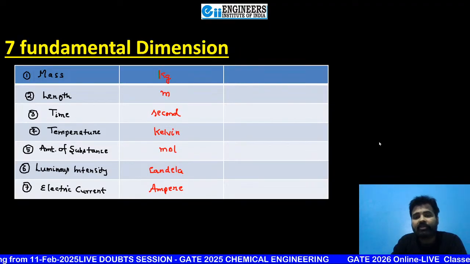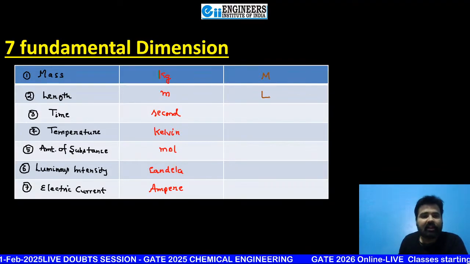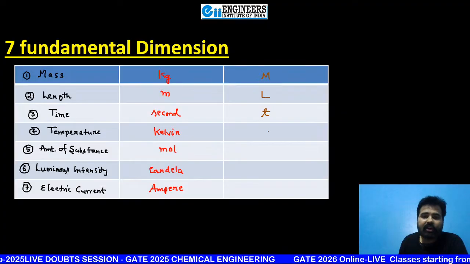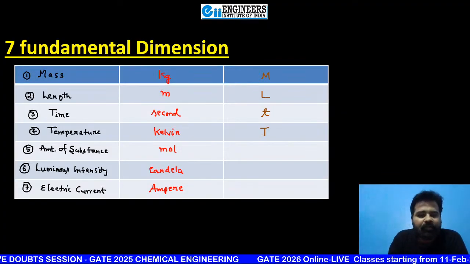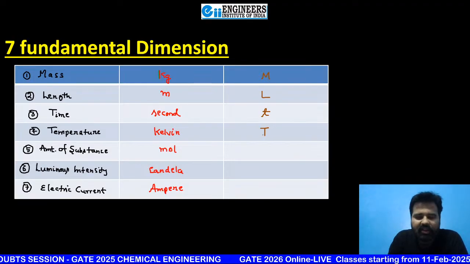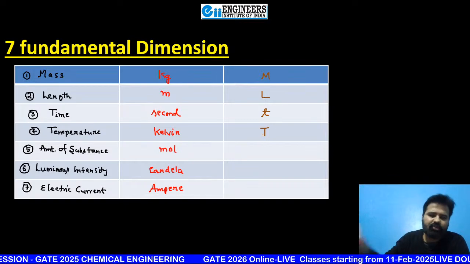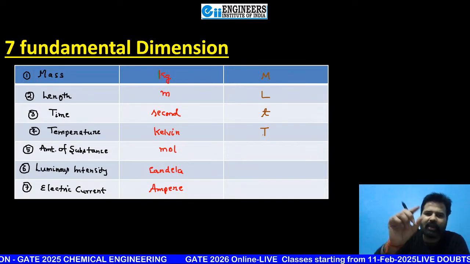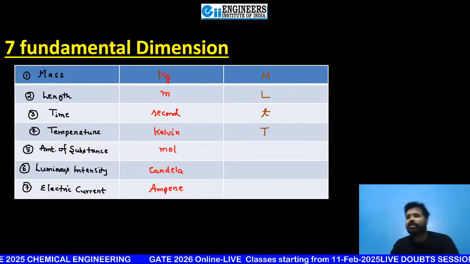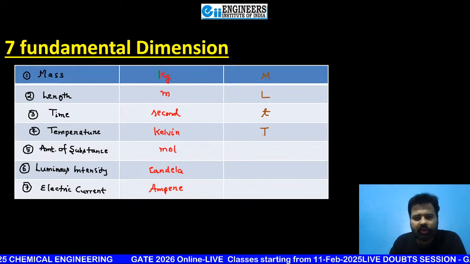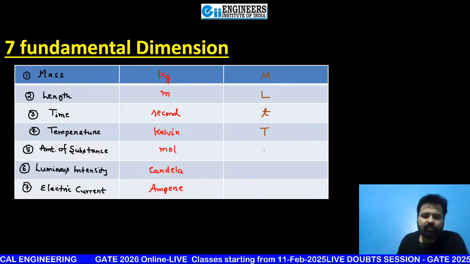Now if you want to show them with the help of dimension, what is the dimension for mass? It is capital M. For length, it is L. For time, small t. For temperature, capital T. In some places you may see capital T taken for time. That is not universal in nature actually. Theta, capital T, small t are used in a few places for time and temperature. So no need to worry about this notation. Whenever you learn or write anything, just use this one notation to remove your confusion.